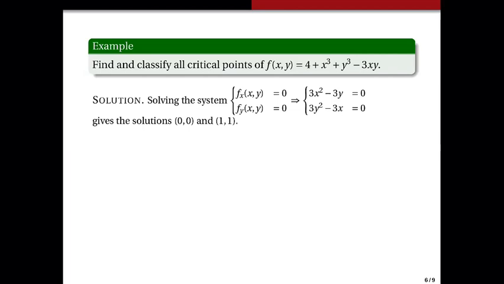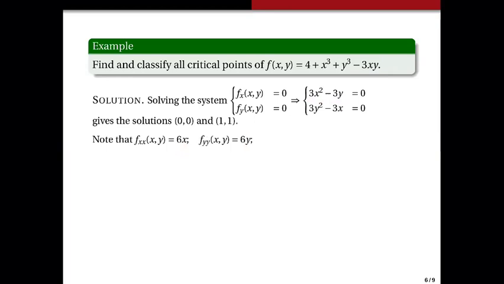So we try to find the second derivative tests. Okay? I mean, we need to use the second derivative test. So we need to find the second derivatives. So f sub xx, okay? So this is your f sub x, okay? So if you get the derivative of this with respect to x, you'll just get 6x,